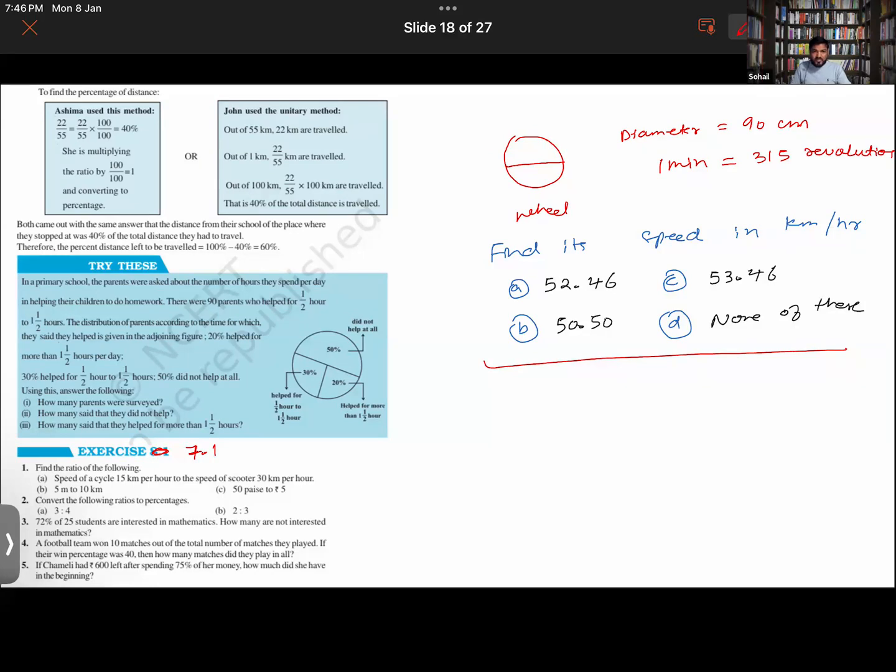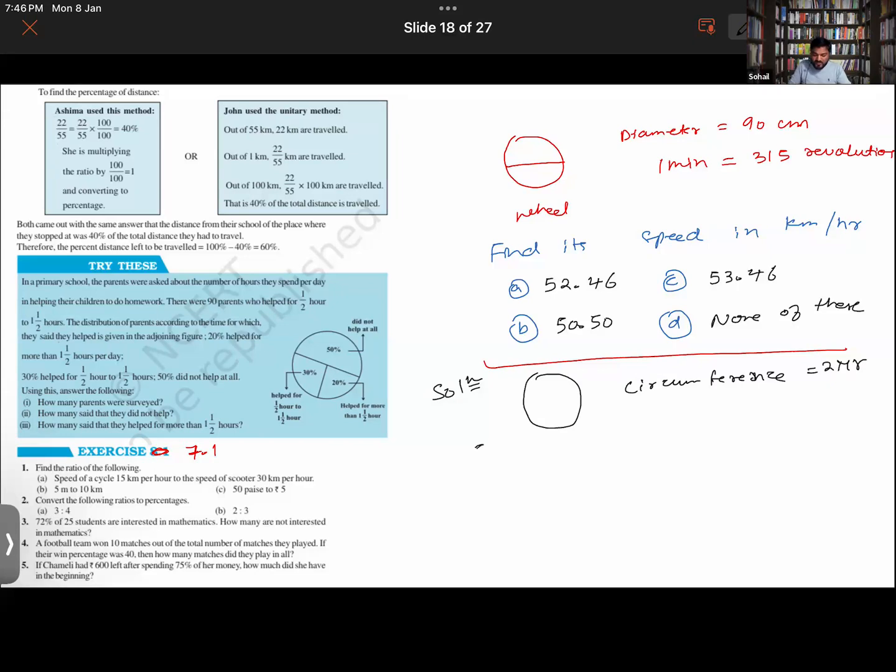Exactly, that is the way you'll be solving it. Very good. So basically we understand what we have to do here. Basically the solution is that we know the circumference, all of you know, is the length of the boundary of any given figure, the perimeter. It is 2 pi r, basically the perimeter. The perimeter of this wheel is going to be 2 pi r, right?